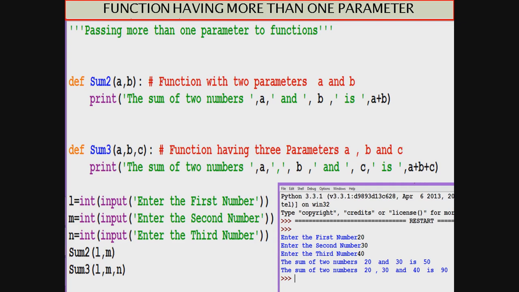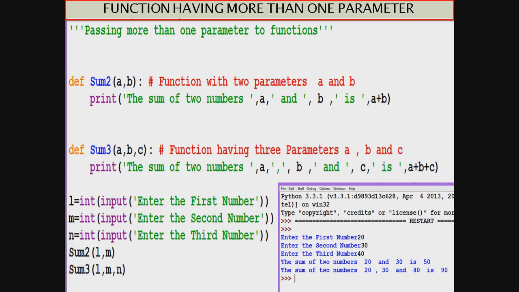Both of them are waiting for a value. If you had passed one value, sum2 would have shown an error, because it is mandatory to pass a value to each of the parameters in the parameter list while we call a function.